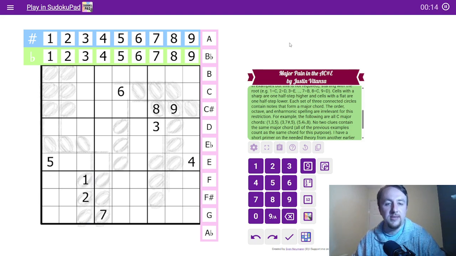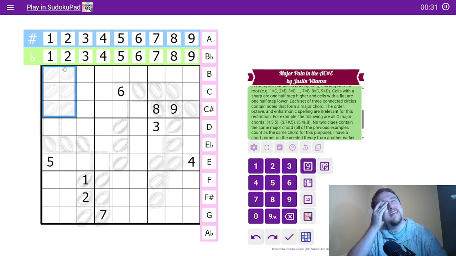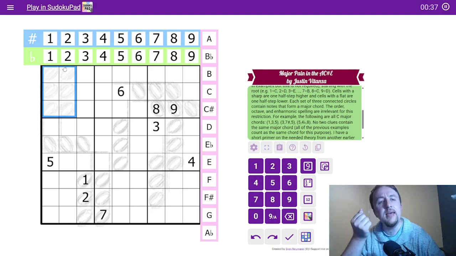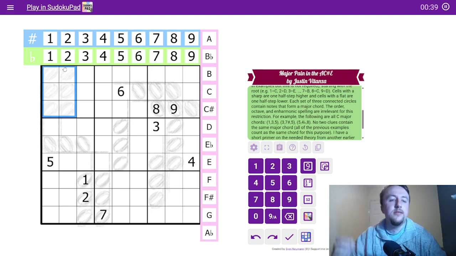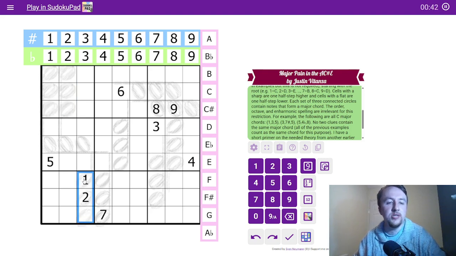But I am now a little bit stuck. So we definitely have a 1 and a 2 over here. Could they be part of the same triad? And the thing is, I think they... No, I don't think they can actually. No, they can. They absolutely can. So if over here we make this G major by doing 1 flat and 2 normal, and then over here we make it A flat major by having the 1 normal and the 2 sharp,